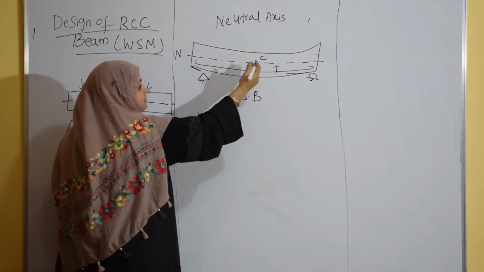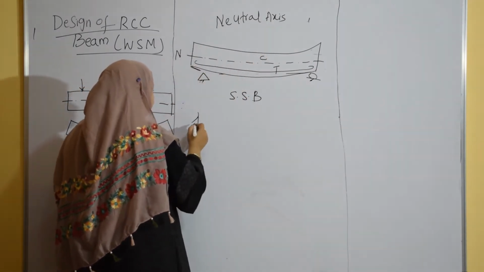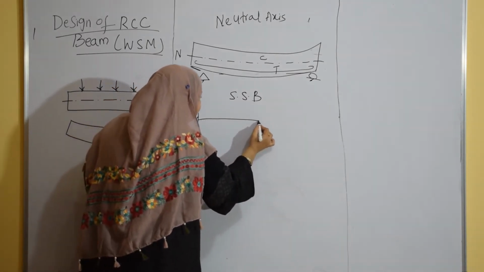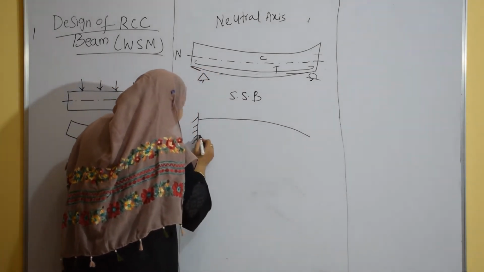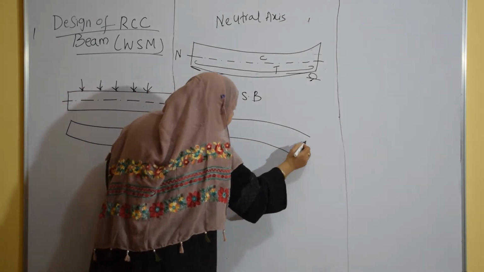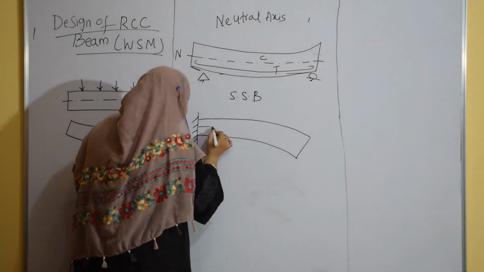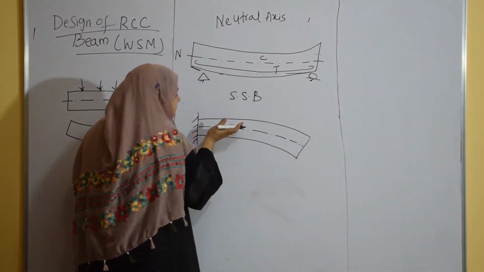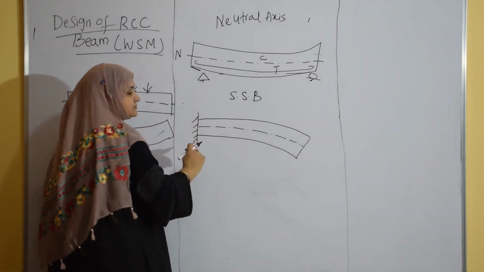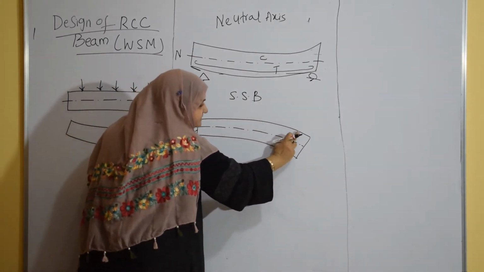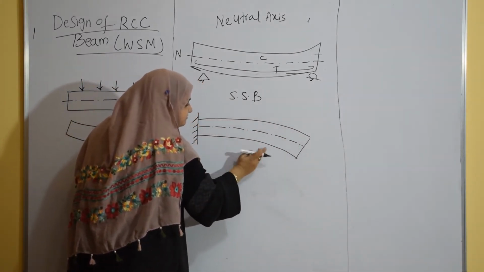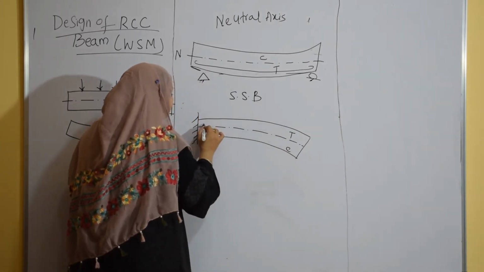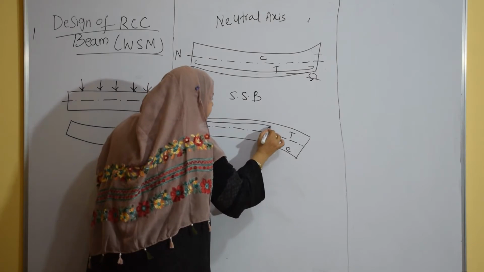Right. So another example is the cantilever. This is bending downward. Now if you take a cantilever example, when it is subjected to loading, it bends like this. So this is the axis. Here you can see the zone above is subjected to tension. The fiber is under tension. Here they are in compression. So this is the tension zone and this is the compression zone. So we will provide steel in this tension zone.